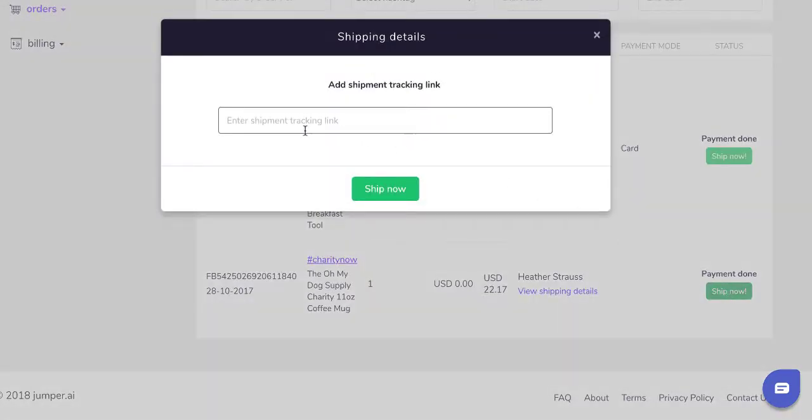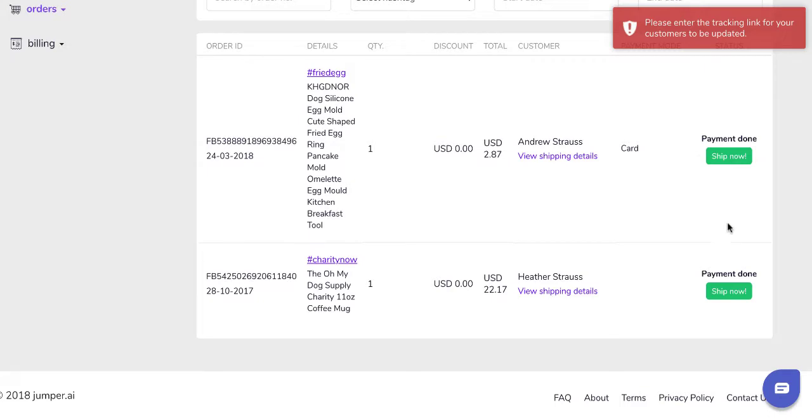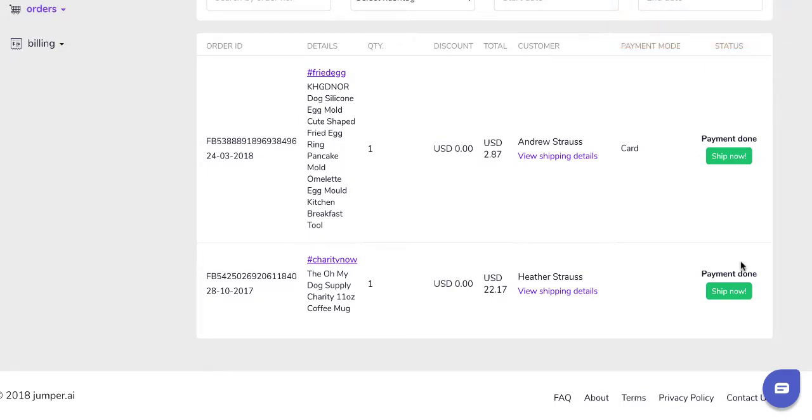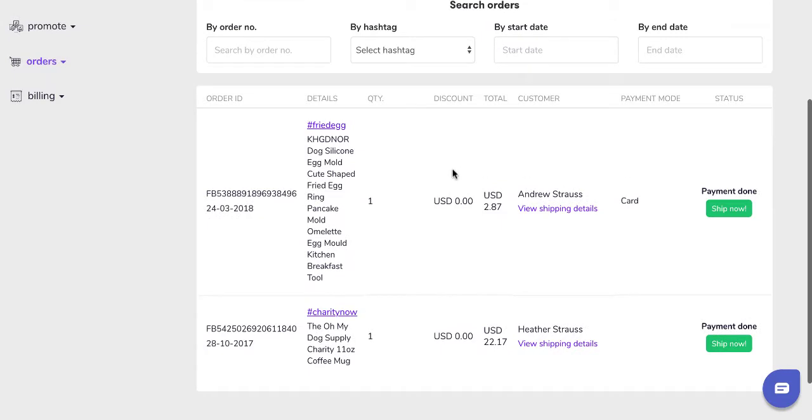And what you would do is enter in the tracking number for that. You would put your tracking number, and then it would ship it now from that. So you get the tracking number from there, and then it would show that it's being shipped, and the customer is going to get a number as well as what's going on. But that's basically how you fulfill the orders, because the orders and if it's with Shopify and